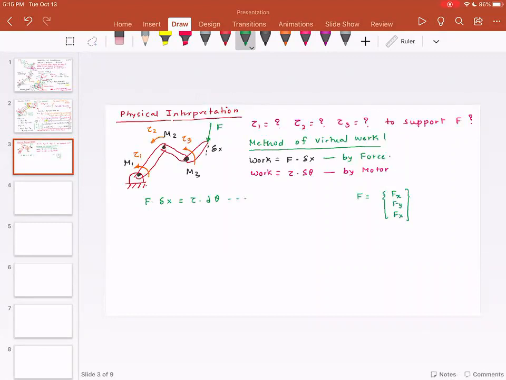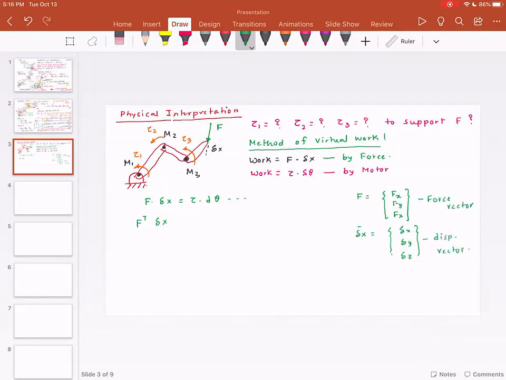So I'm going to write this down as F transpose delta X. And what I mean by delta X is the displacement in the X direction, displacement in the Y direction, displacement in the Z direction. So I have a force vector